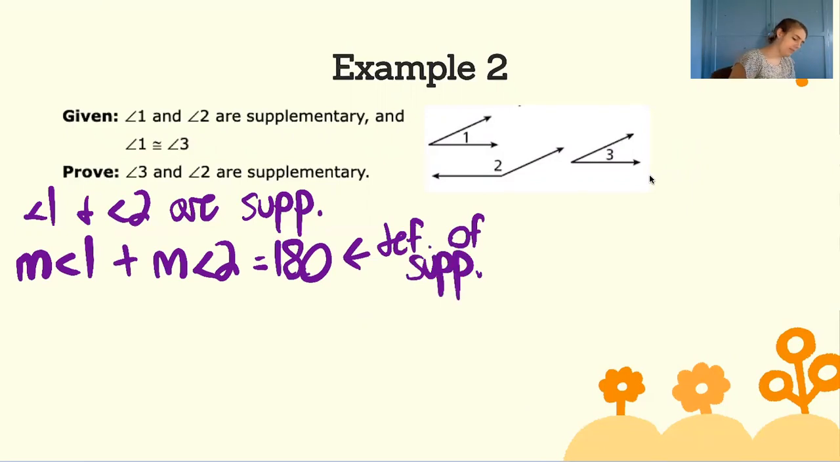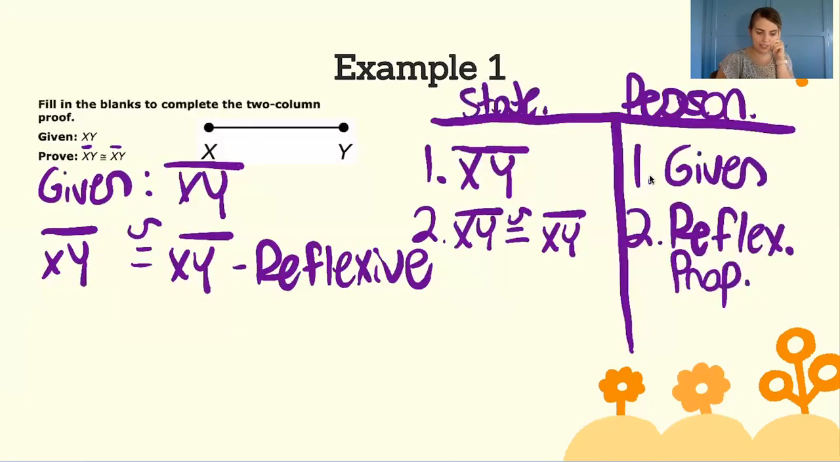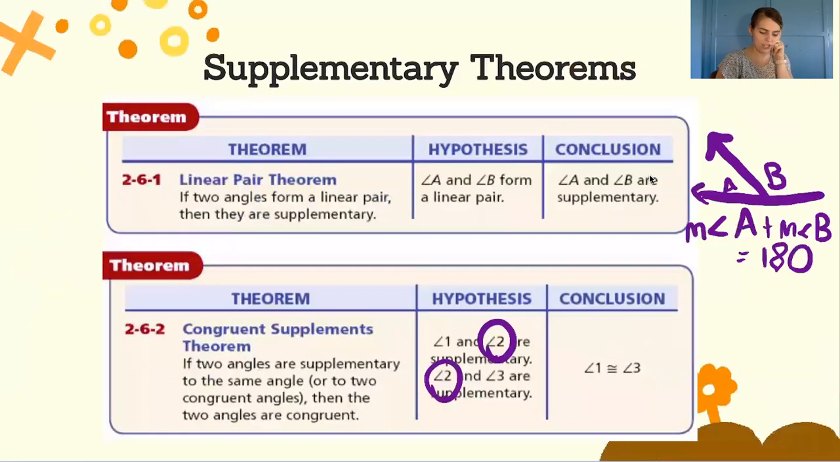My second given says that angle 1 is congruent to angle 3. I'm now going to look back at my first and think through what I know because of the next given. So since I know that angle 1 is congruent to angle 3, and that angle 1 and angle 2 are supplementary, I'm thinking through what theorem do I know that has to do with congruent angles and supplementaries. So I'm going to go back and reference my theorem sheet. I know it's a supplementary, so I go back to my supplementary theorems, and I look at that second one,